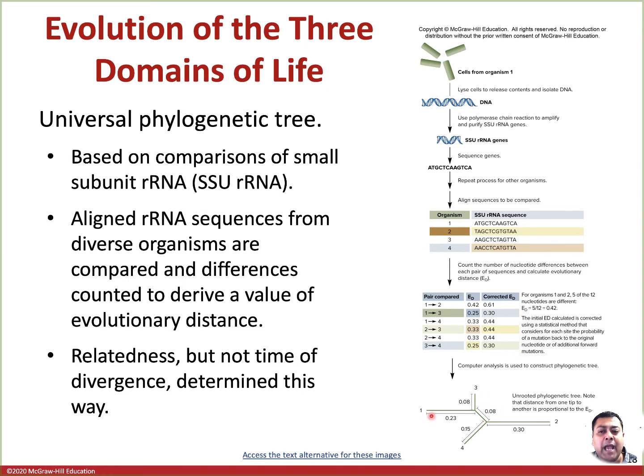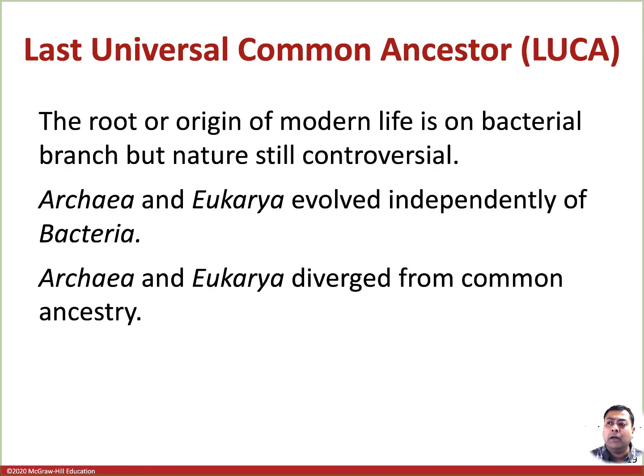So this is how we relate these sequences, and after aligning them, find the evolutionary distance to place them in our evolutionary tree. This is what Carl Woese found, the 3 different domains, which are Bacteria, Eukarya, and Archaea. And these are the 3 different domains that make up the classification of the modern organisms on Earth.